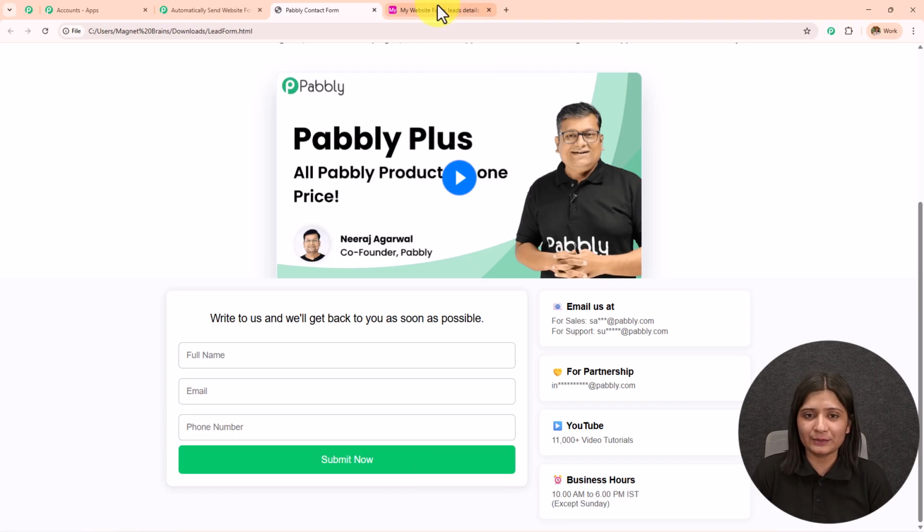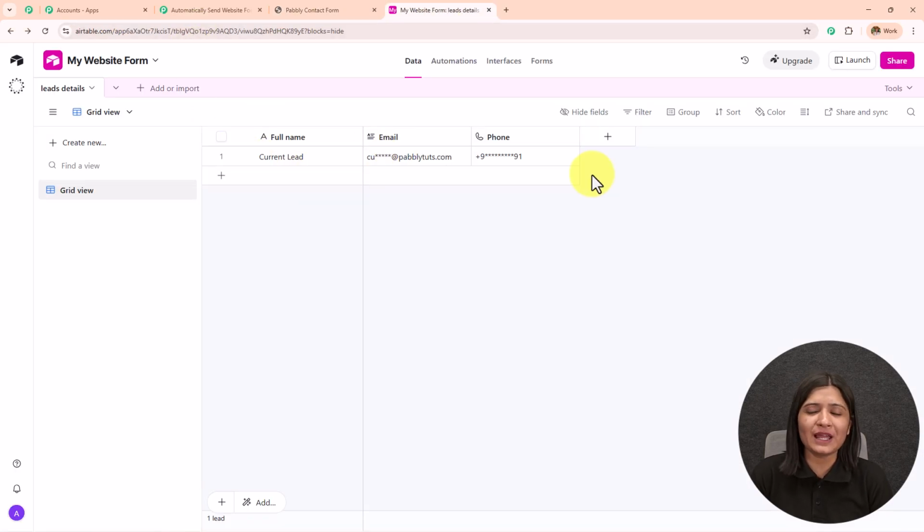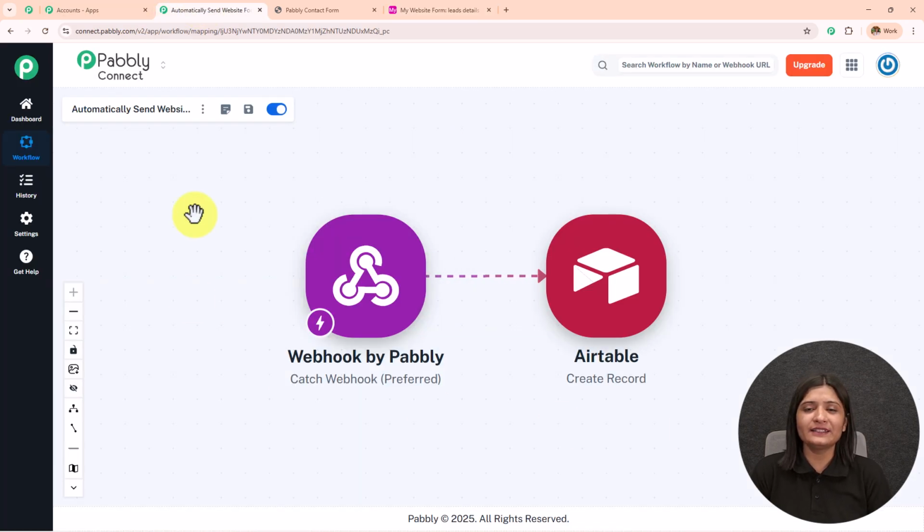I will open my Airtable database, and here it is in no time, just in seconds. All the details are captured in my database. The name was current lead, email address was current@pabblytudes.com, the phone number was this 9191. Now if you also want to learn how you can create this using Pabbly Connect, then let's start creating this